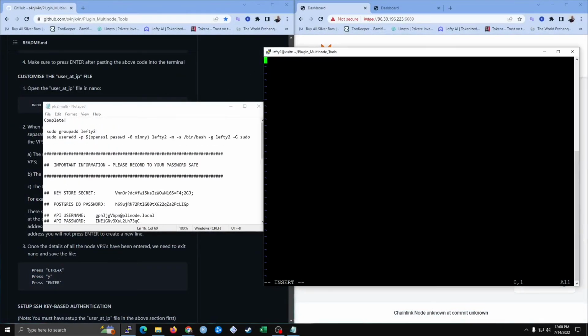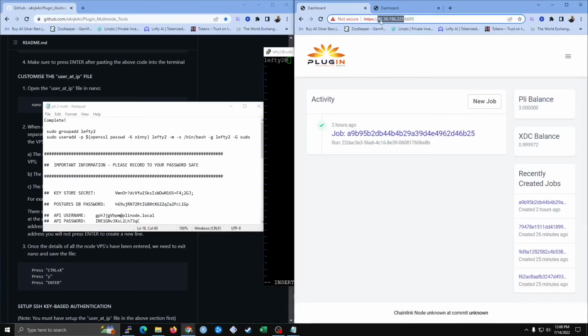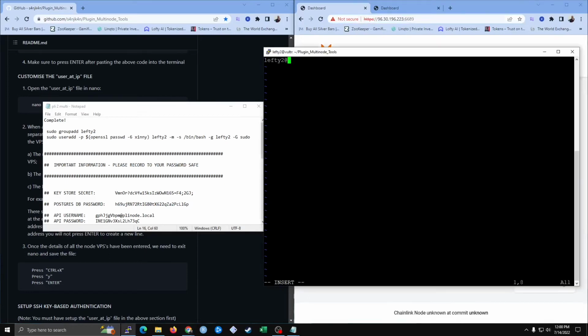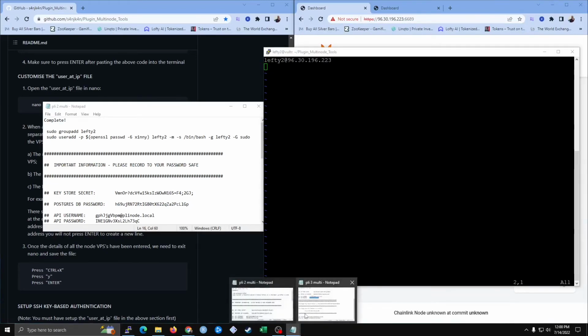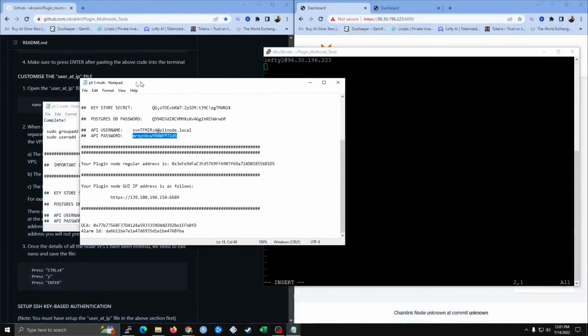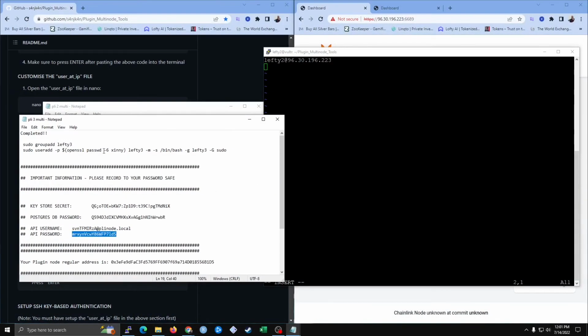use the username of lefty2, and I need the IP address. So I'm just going to copy this portion here. We're going to paste it by just right clicking and then press enter. And then for node 3, we're going to use